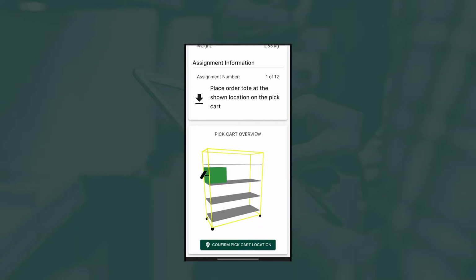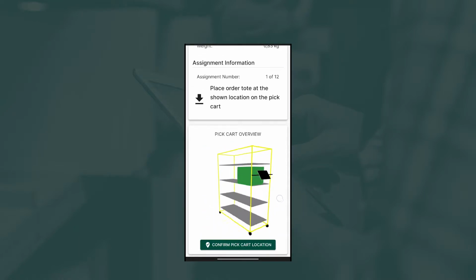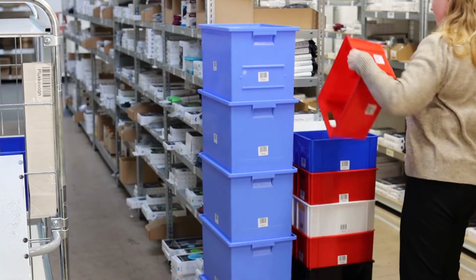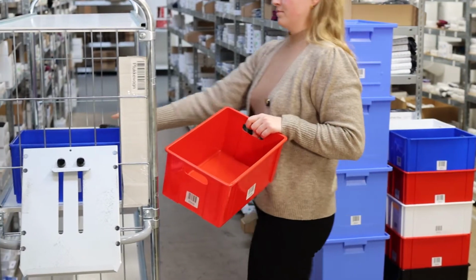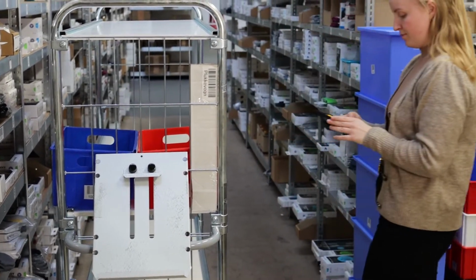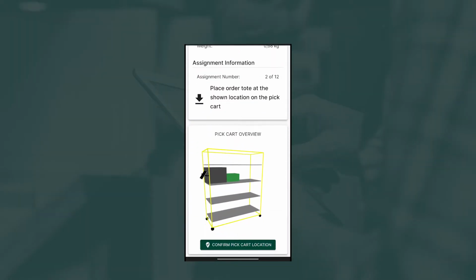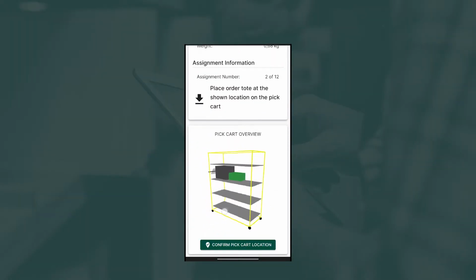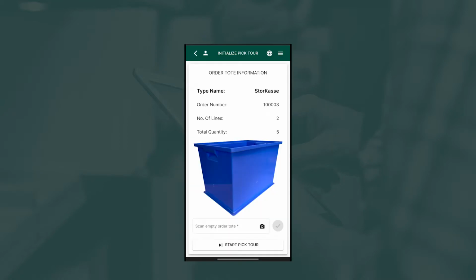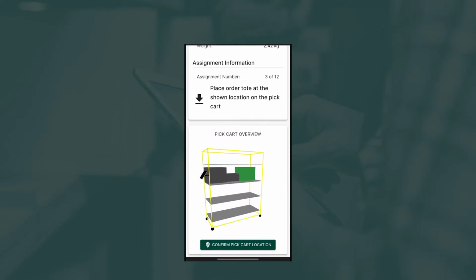When you choose Pick Card as pick type, PeakWMS will ask you to start scanning load units onto the pick card. PeakWMS sets a max of load units that can be scanned onto the pick card, but it is up to you if you want to fill up the card or not. Using pick card and load units makes it possible to pick more than one order at a time. The number of orders that you can pick at once with PeakWMS depends on the size of your pick card